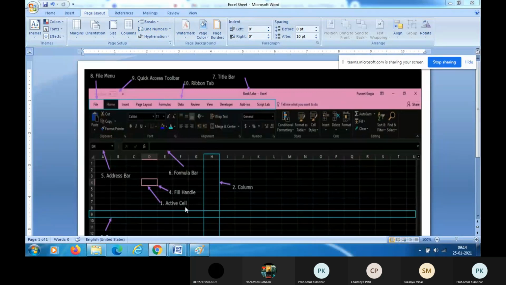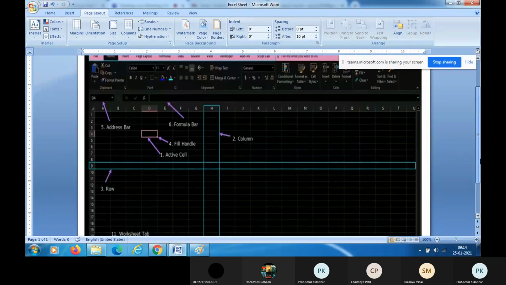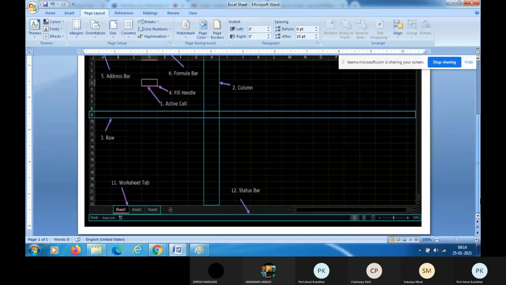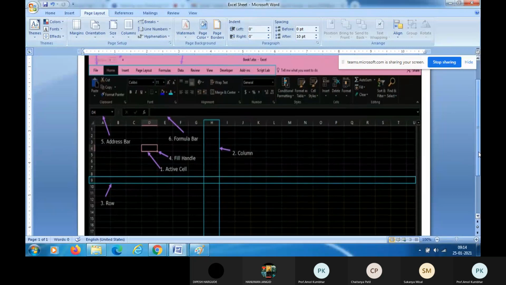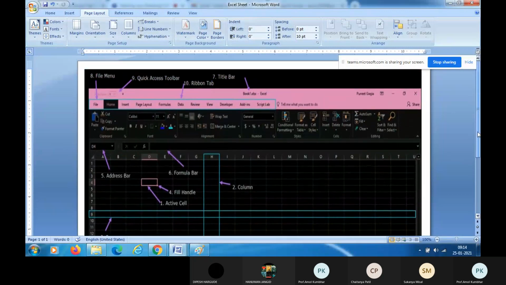Now in this workbook, in this worksheet, there are different bars, menus, then columns, rows, status bar, worksheet, all are present, right? So let us go through, one by one, each component present on this Excel sheet.